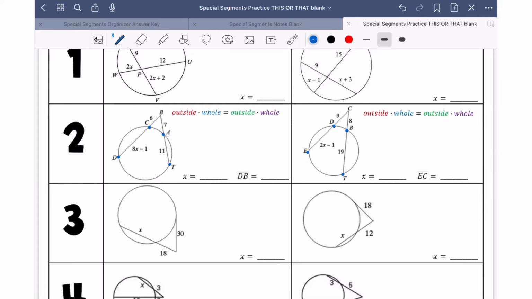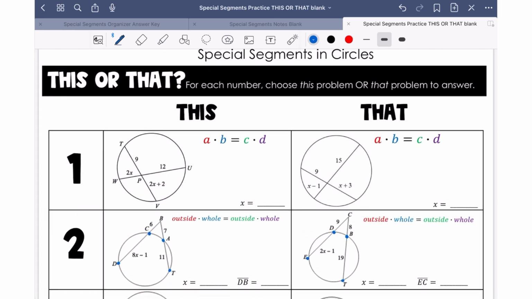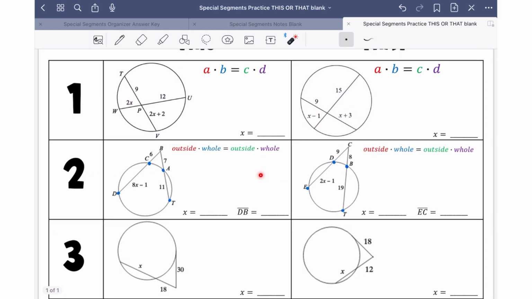Okay, this video is a help video for number 2, row 2 in the This or That practice worksheet. Remember, you're choosing this problem or that problem in the columns for each number. So whether you picked this or that, here is a little help on the number 2 row, which is specifically secant and secant